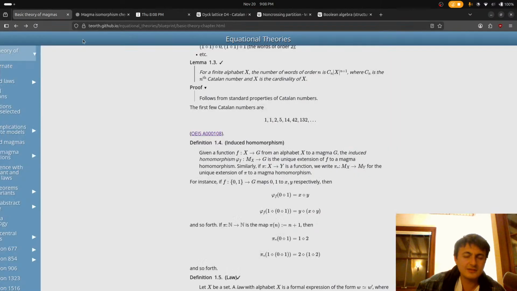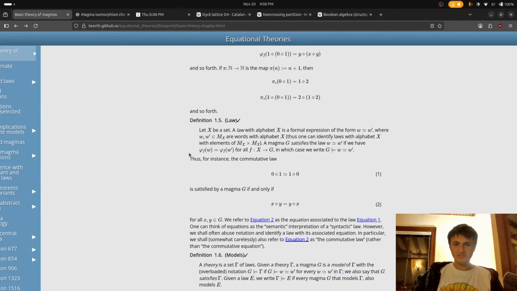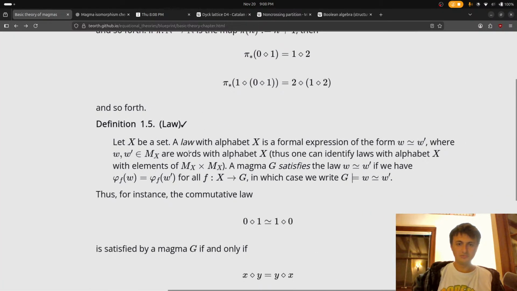Okay, I kind of get the induced homomorphism. All right, let's get to the law. Time to learn about the law, son.